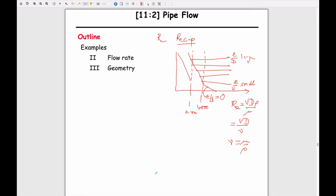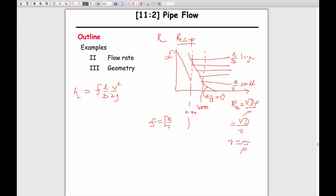And what are the take-home messages? The take-home messages are that in this zone here, this friction factor, which I didn't label, and we know that by definition friction factor multiplied by length over diameter multiplied by this velocity term, velocity squared over 2g term, in the pipe, not the fitting, not at the nozzle rather, gives us this value of loss coefficient. And it's a function of 2 properties. One is roughness and diameter, and one is Reynolds number